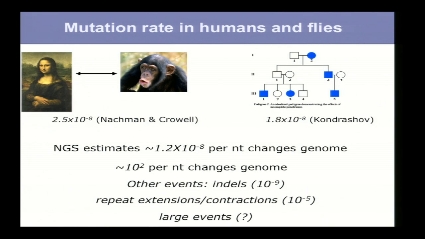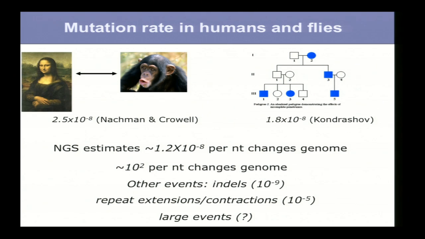So we have estimates of mutation rates now, and all of them roughly come to about 100 nucleotide changes per individual human genome. It's a rough order of magnitude. And some other events, including repeat contractions, and insertions, deletions, and some CNV rates. And I'm not the best person in the room, I guess, to estimate CNV rate.